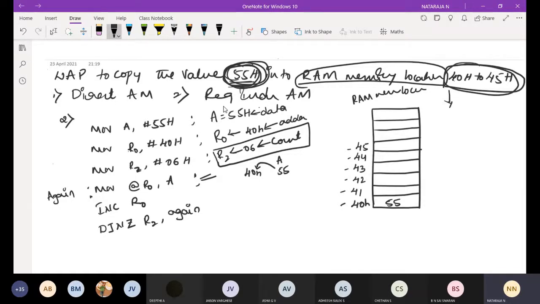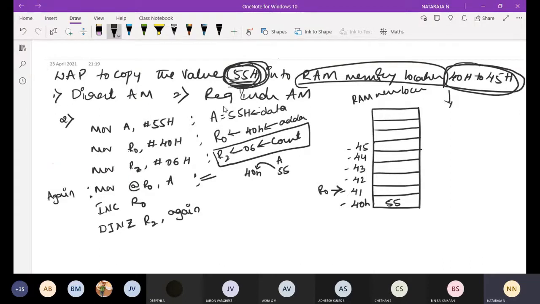Initially R0 is 40. Now with respect to the increment of R0, R0 will become 41. Now DJNZ, decrement jump if not equal to 0, R2.